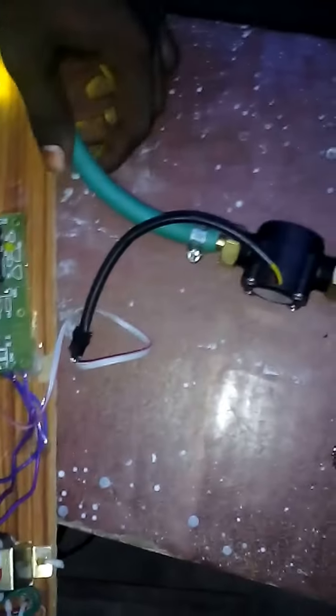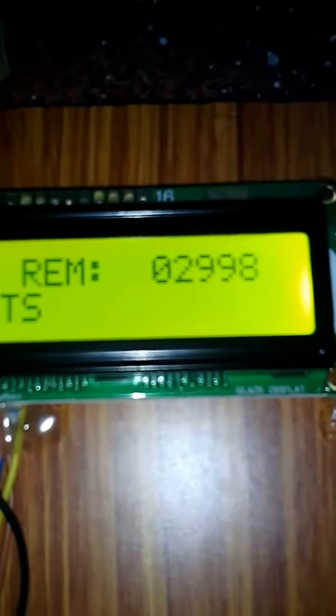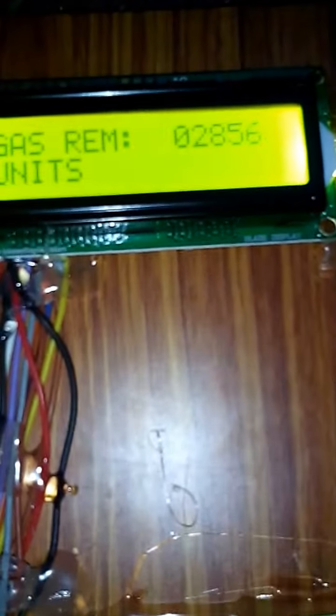Now I want to explain how it works. Let's see the experiment. When the cylinder is in position, the gas will flow through this pipe, and the value will be indicated on this LED screen, showing what amount of gas is flowing. Here we observe that the reading of the LED decreases, because the gas is passing through that pipe. So we can observe that slowly the value decreases.